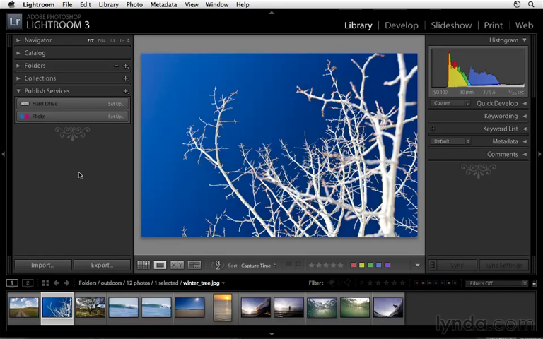One of the great new features inside of Lightroom 3 is the ability to upload your photographs to different locations like Flickr or some of the other popular photo sharing sites. And you can do this by way of the Publish Services panel. You can find this in the Library module. And this is actually a really strong feature because it allows us to quickly and seamlessly and efficiently get our